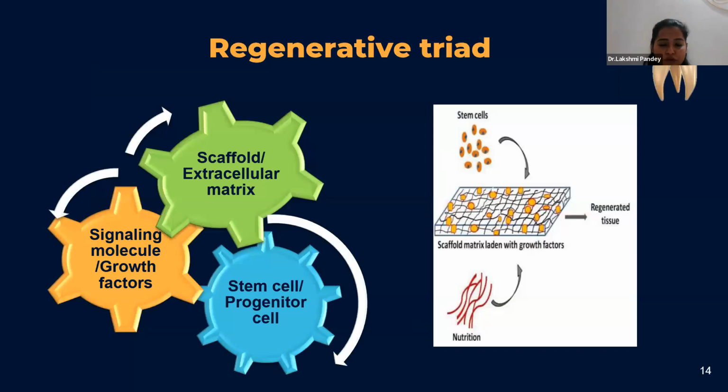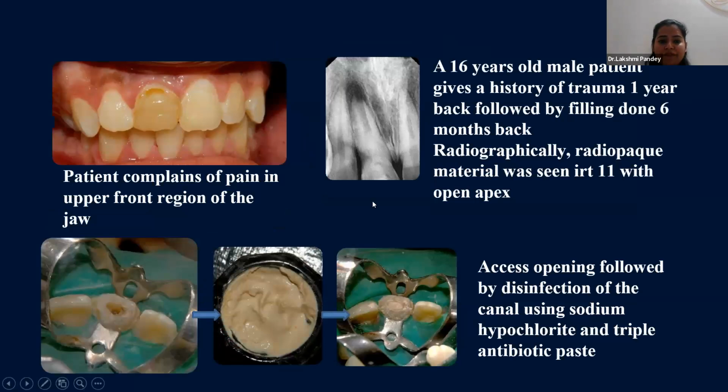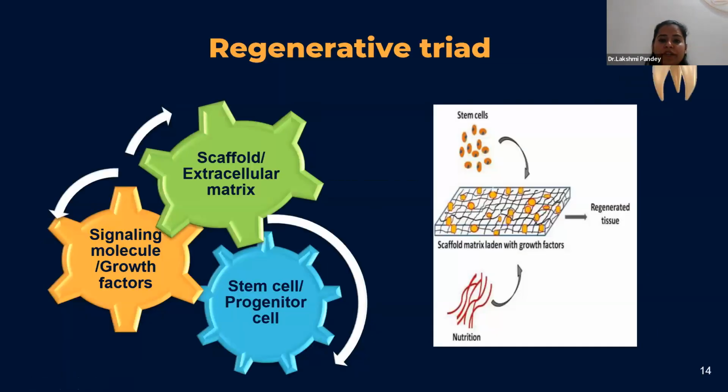regeneration. So this regeneration concept, or the regeneration procedure, has three most important features, or three ingredients, of the triad. First was the scaffold, which was very much necessary, the extracellular matrix on which the regenerative cells grew and formed the new tissue. The regenerative cells were the stem cells or the progenitor cells. And the third one was the signaling molecule or the growth factors, which help the stem cells or the